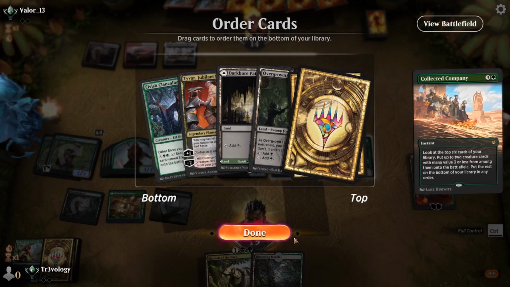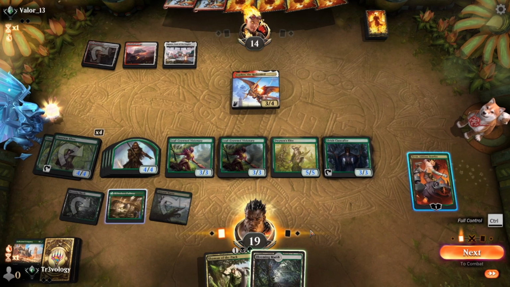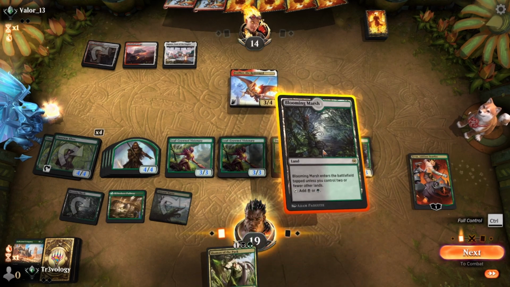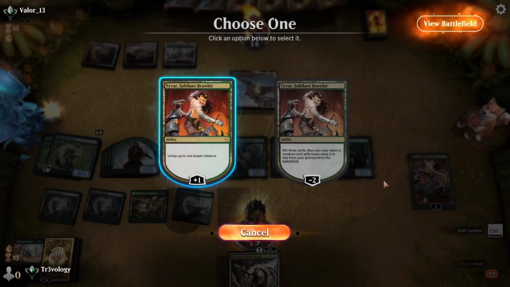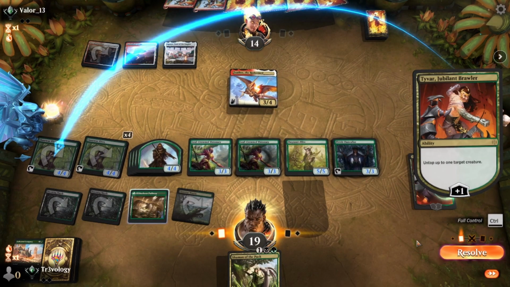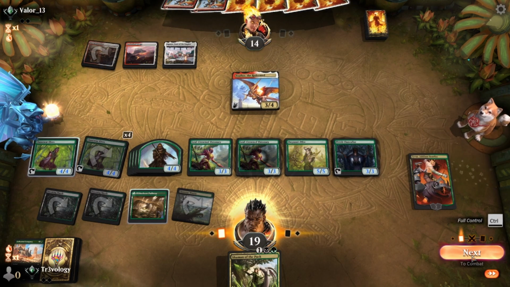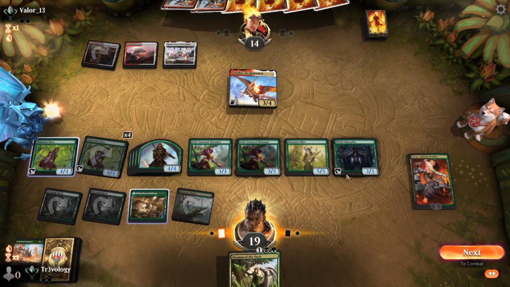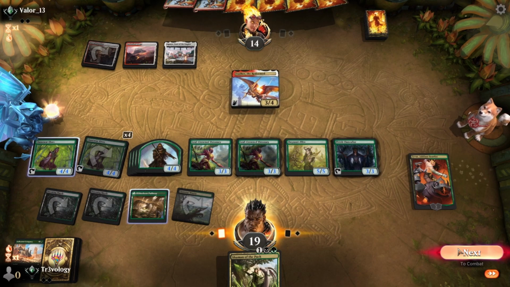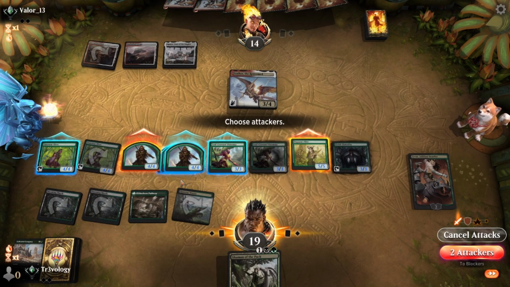You can dump out. That's fine. You can tap an elf. I did double Reckless Rage, we can only cast one right now. Combat. They also don't know about the